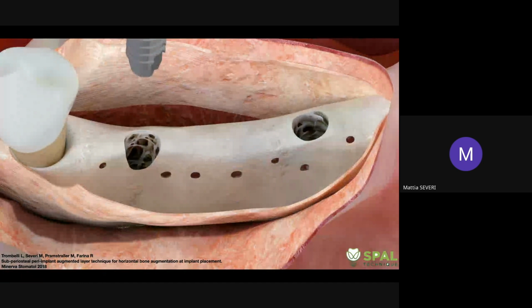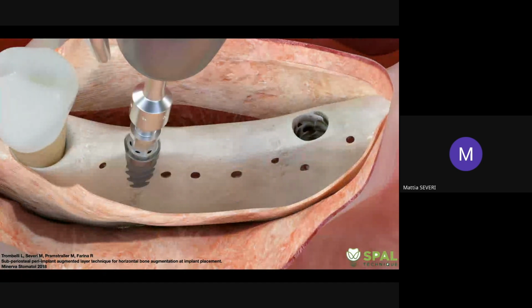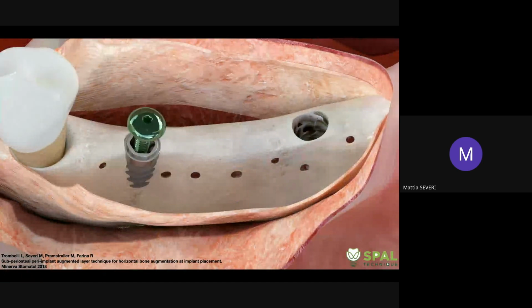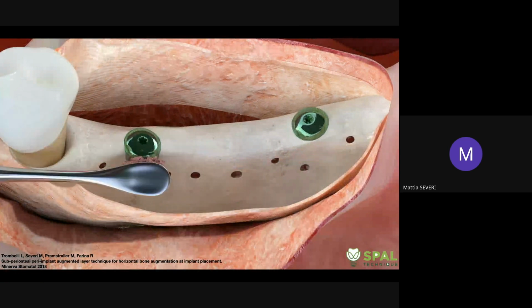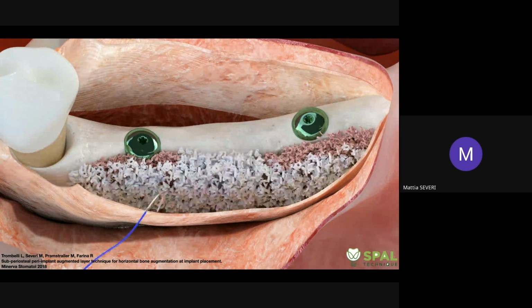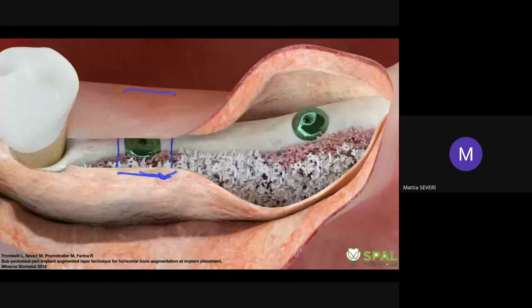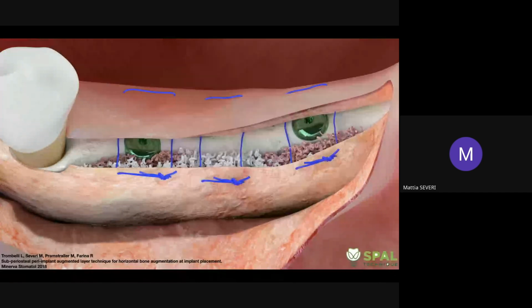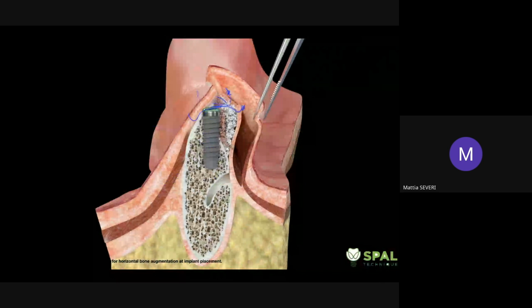Implants are placed. We usually employ soft tissue level implants with a 1 millimeter polished collar that is placed equicrestal, as you can see in this demonstration. Then the dehiscences are corrected with a graft. In this case, a combination of autogenous bone and bovine-derived xenograft, but you can use completely bovine-derived xenograft without any clinical difference. And then you can see the periosteal layer is sutured to the lingual flap using internal mattress suture in order to both stabilize the graft material and coronally advance the lingual flap that will contribute to the